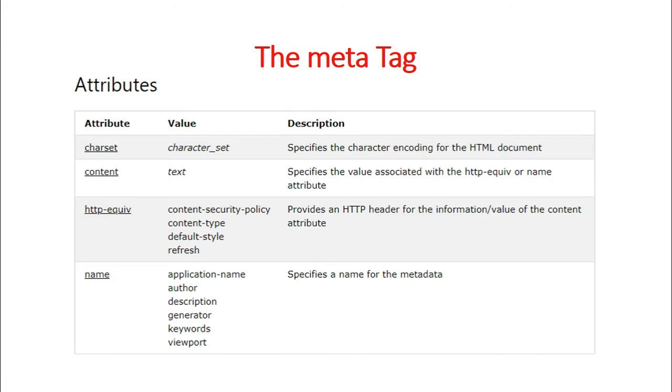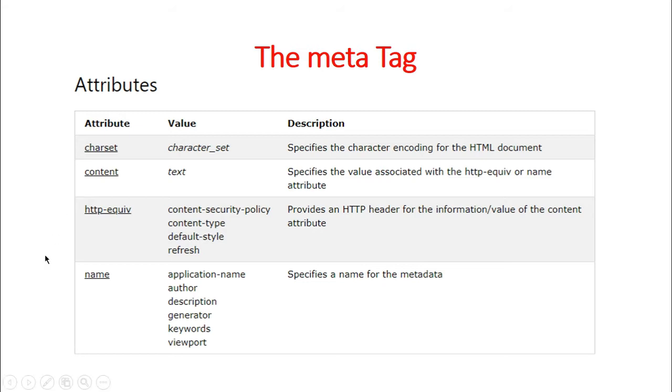So although there are many attributes, in our current experiment, that is experiment number 7, we will be using the http-equiv attribute and the content attribute. For the http-equiv attribute, we are going to set the value as refresh. Every 1 second, we need to refresh the web page and display the current time. After every second has elapsed, we have to display the updated time.